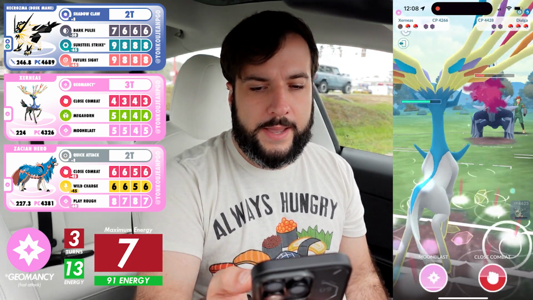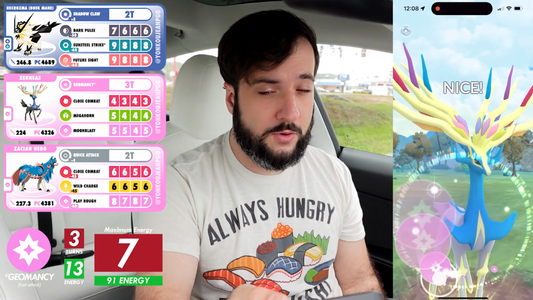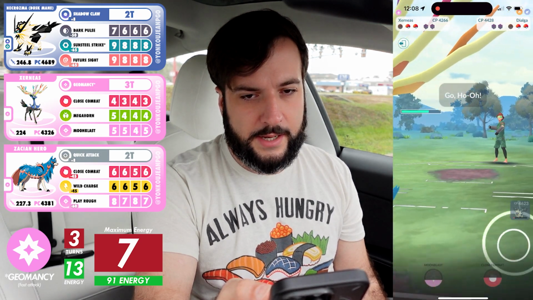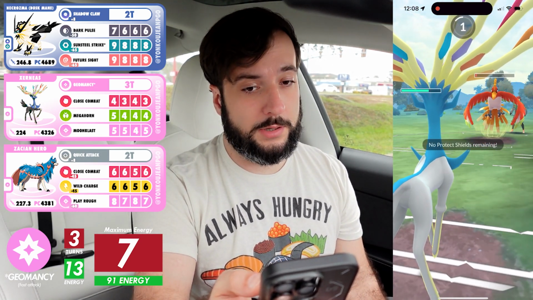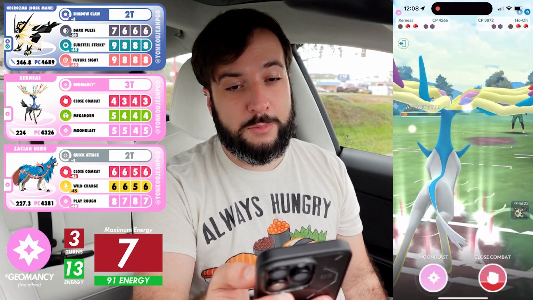Gonna overcharge quite a bit. I want to keep an eye on my switch timer as well, and I do not want to debuff myself, so I throw the Moonblast again. Moonblast does connect. Ho-Oh comes back in. It throws a move here. If this is Brave Bird, it's going to hurt a lot. It's a Sacred Fire. Hurts still. But I'm looking for the big...